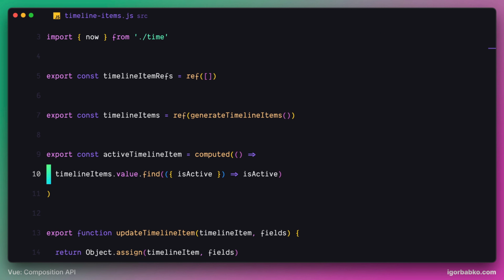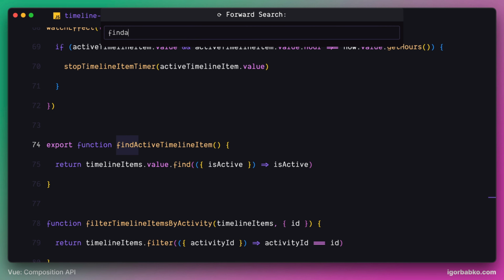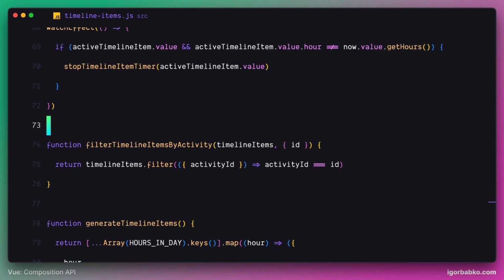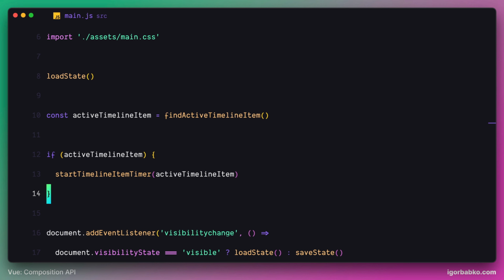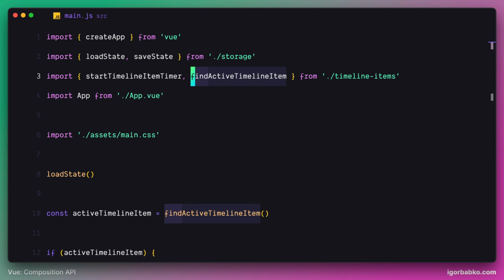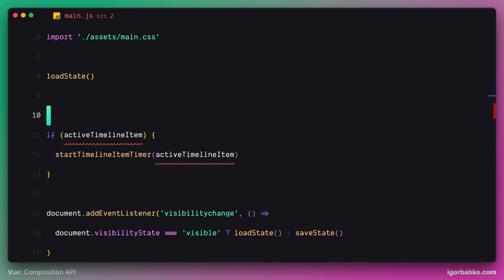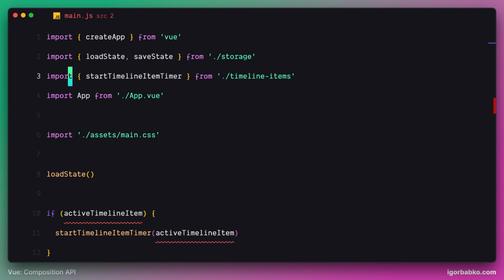And there is also a function with the name findActiveTimelineItem, which is pretty similar to the computed property activeTimelineItem. It is doing the same thing, so there is no need to keep this function anymore. Let's remove it, and whenever we were referencing this function, let's refactor this part of code by simply using the activeTimelineItem computed property instead. So let's import this property from the timeline items module, and additionally, whenever we are referencing this activeTimelineItem